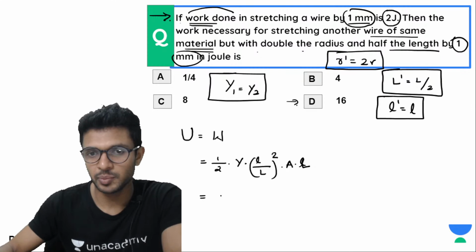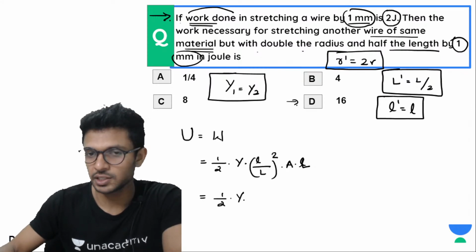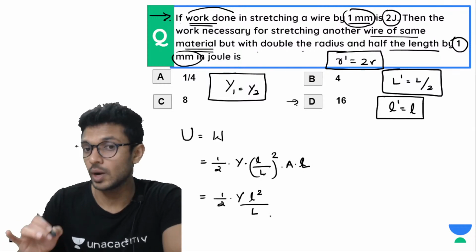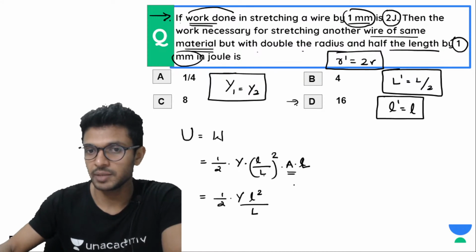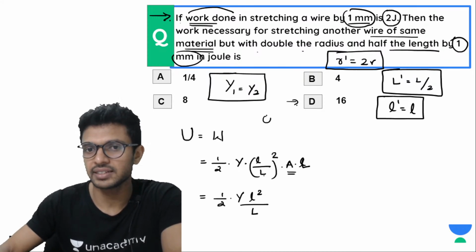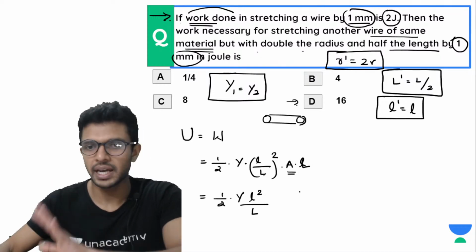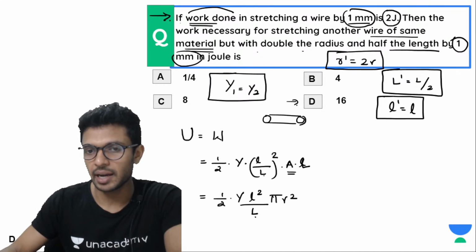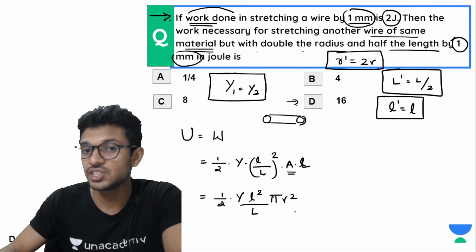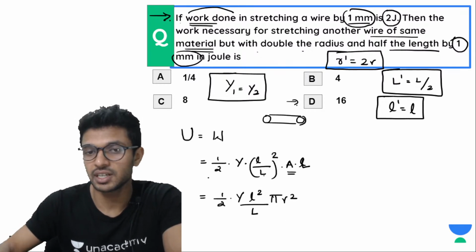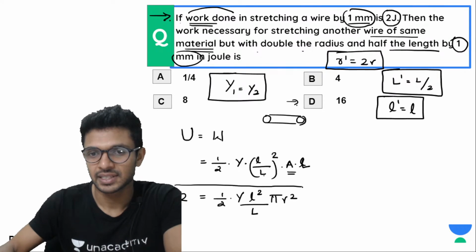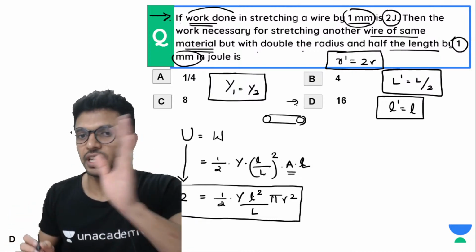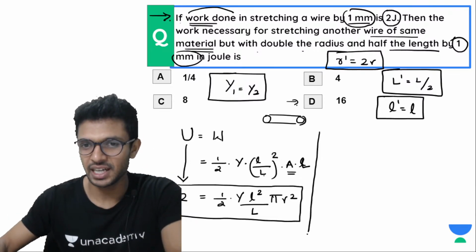Okay. Now just make the substitution half Young's modulus chotu L square, ye capital L 1 cancel kar le, so we have 1 capital L in the denominator into area. How do you write area if the wire is having circular faces? Pi r square. I think I don't need to explain that, right? So half Y L square by capital L pi r square. This is the energy in the initial case, and how much it is given? 2 joules. The initial potential energy U ka value de diya hai 2, so I just have made the very first equation. Okay, done or done? Okay.